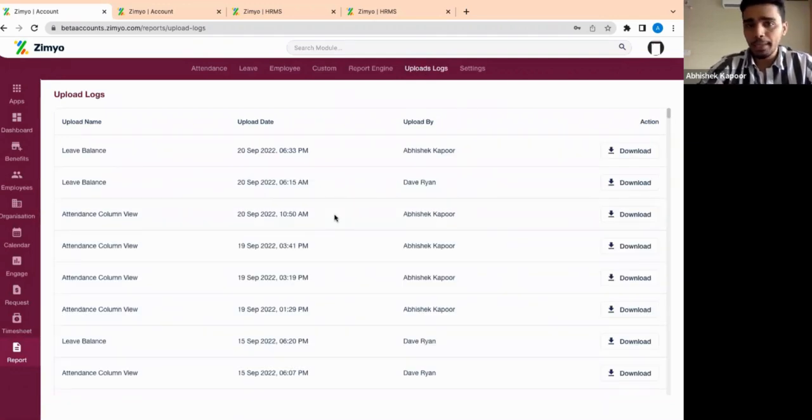Although some of you might be aware of this feature because we have had it for a long time. The idea of the upload logs is that all the Excels that you have uploaded on Zimyo, maybe employee data, because when you want to upload employees in bulk, you use Excel to upload them. Or if you want to upload leave balances, even for that, Excel is used. So this screen is the one-stop screen for accessing all the Excels that have been uploaded by any HR admin